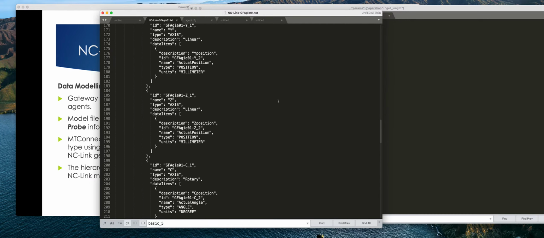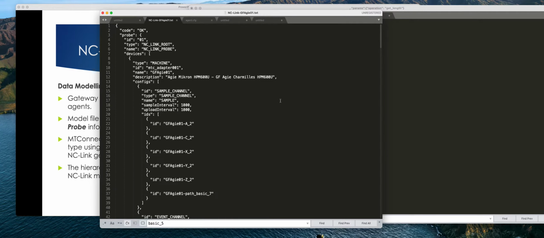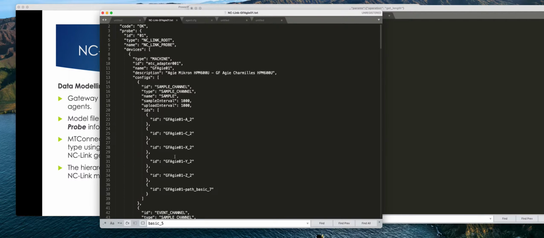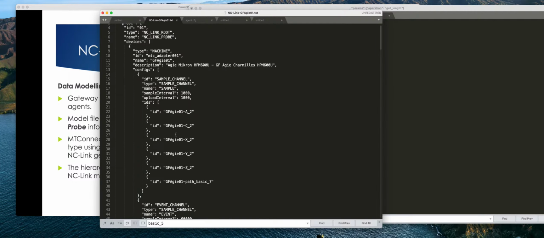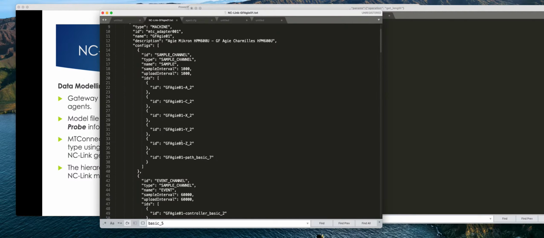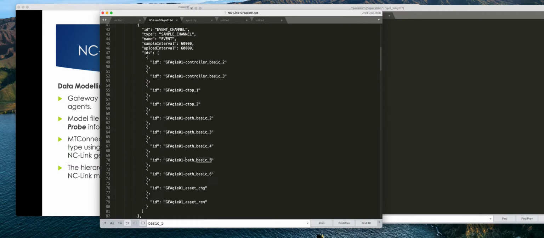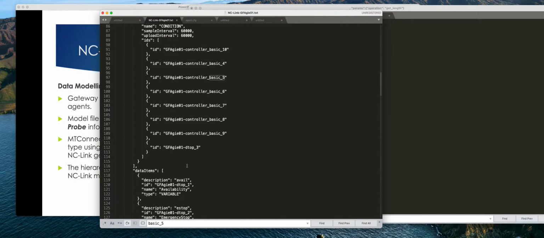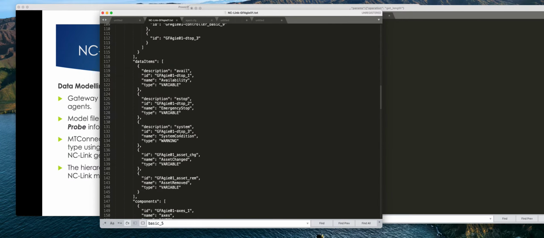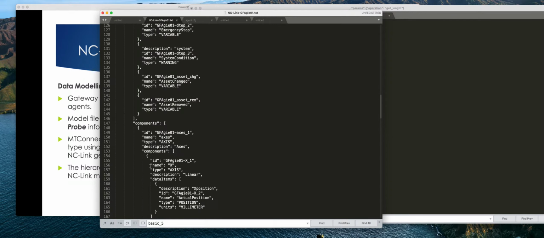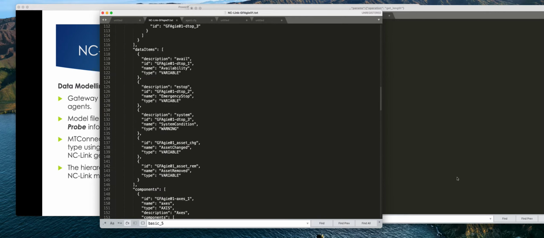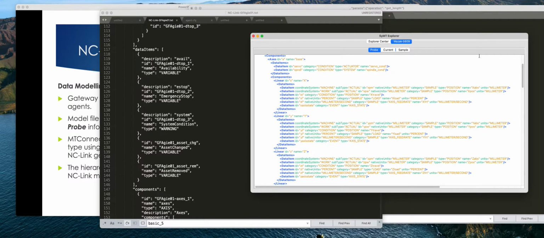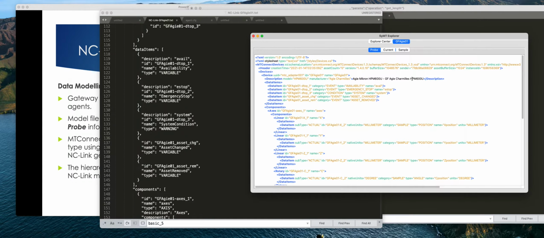So this is one of the MTConnect machines that we model in the MC-Link environment, the model file. We can see these are the sample channels we set up for those data points, X, Y, Z, and then there's an event channel, a condition channel, and then these are the data types here. So we can see these are the component sets. If we try to find out what exactly it looked like in the original one, this is exactly the same machine.